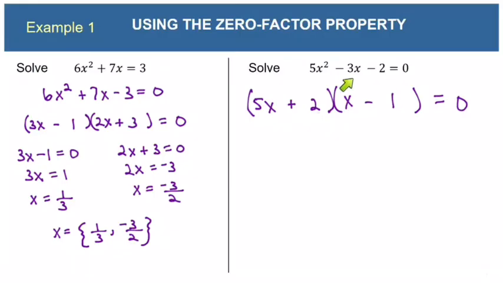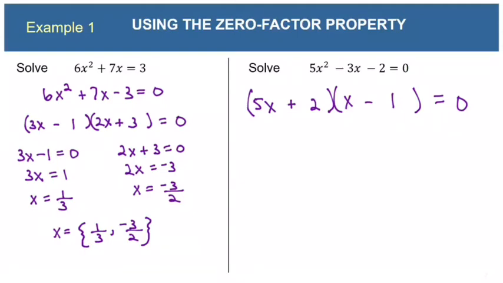That is going to add up to negative 3x. So now that I'm sure that the factoring is correct, now I can use the zero factor property to find the solutions. If this factor times this factor equals 0, that means one of the factors has to be equal